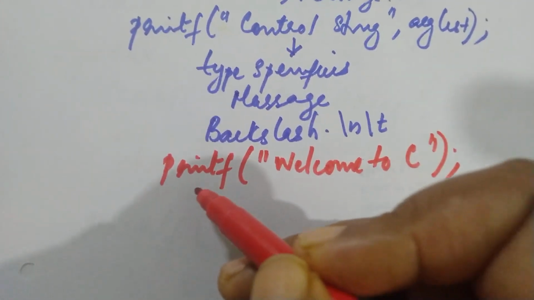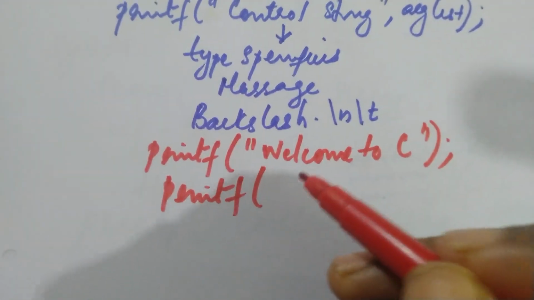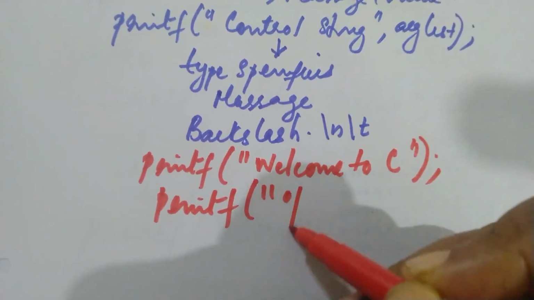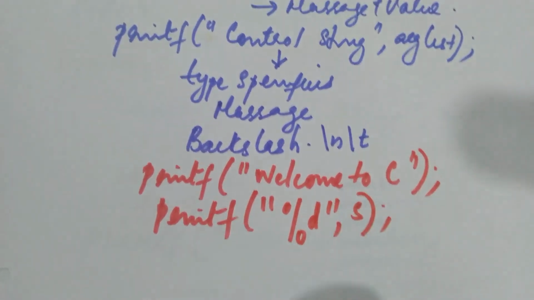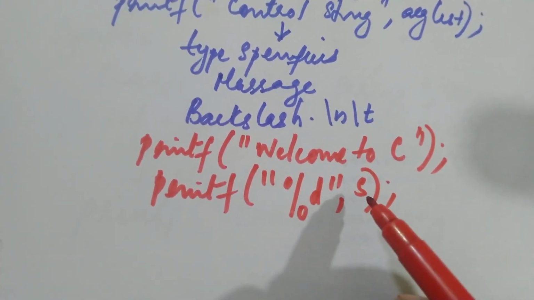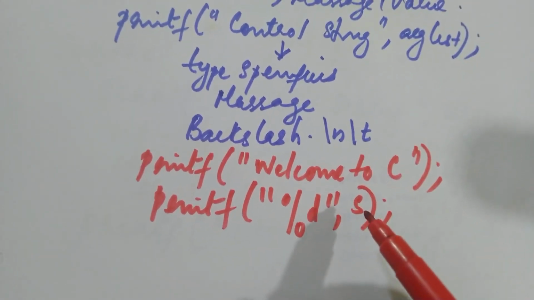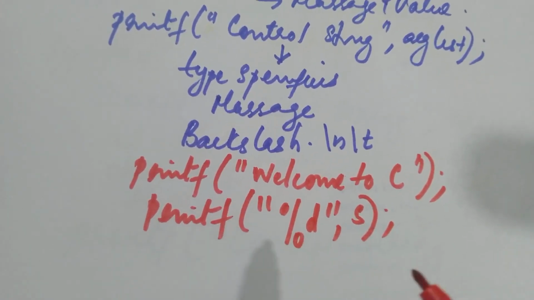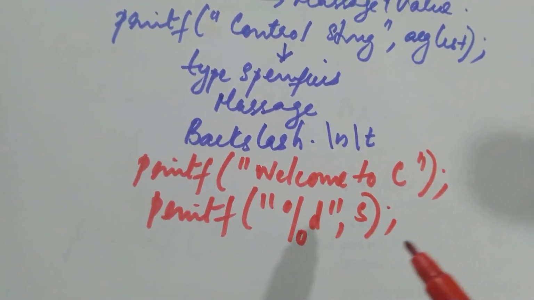And if you are planning to print some data, that is, if you are planning to print the sum of 2 numbers, then I have to specify %d. That is, the type specifier of the result has to be specified inside the control string. So as s is an integer variable, we have to specify %d here. So here only a data is printed.